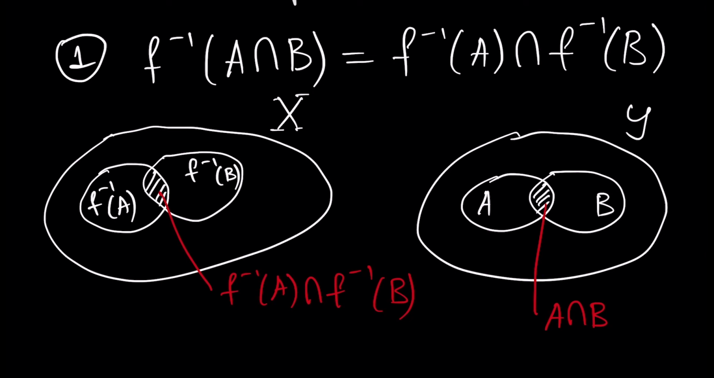Next, we have the same relation, but not for intersection, but for union. We can write here a union. Let's rewrite it, and we have f minus 1